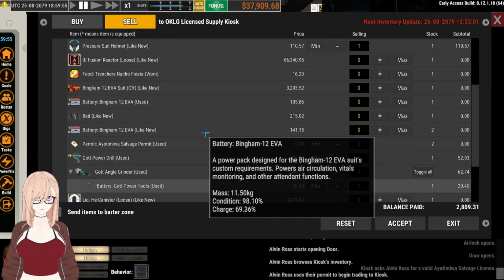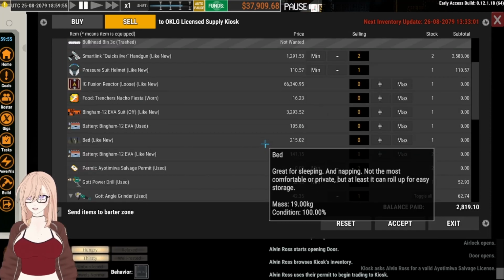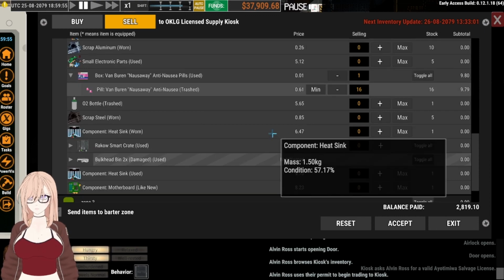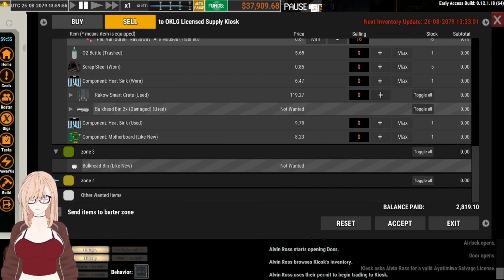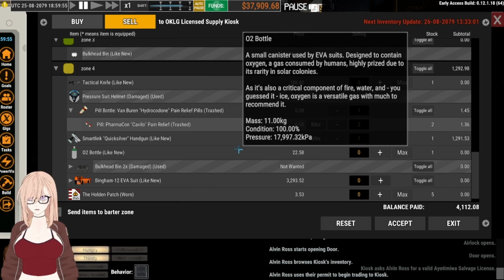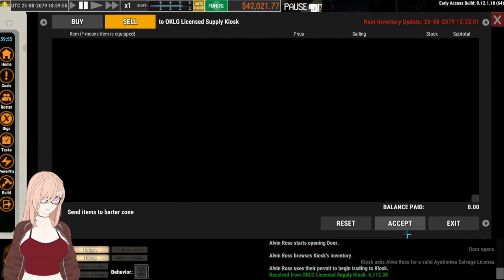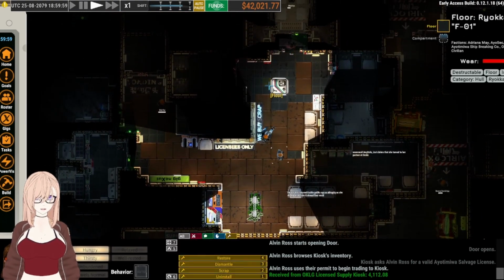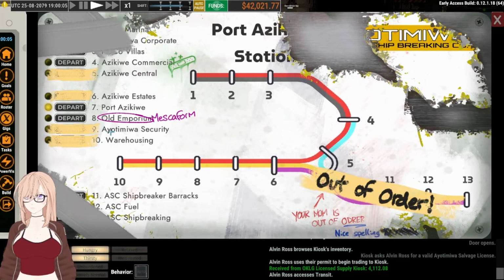So we'll sell all the extra power tools that we picked up. Head into zone 2. We don't want the nausea pills. And I guess, let's see. Get all our spare parts. Okay, zone 3, zone 4. More pills. Got more handguns as well. And, yeah, I think we're good. So 4K off of just the random chunk. And we know that we've got at least 66K in the reactor. So let's transit. And we're gonna head to...